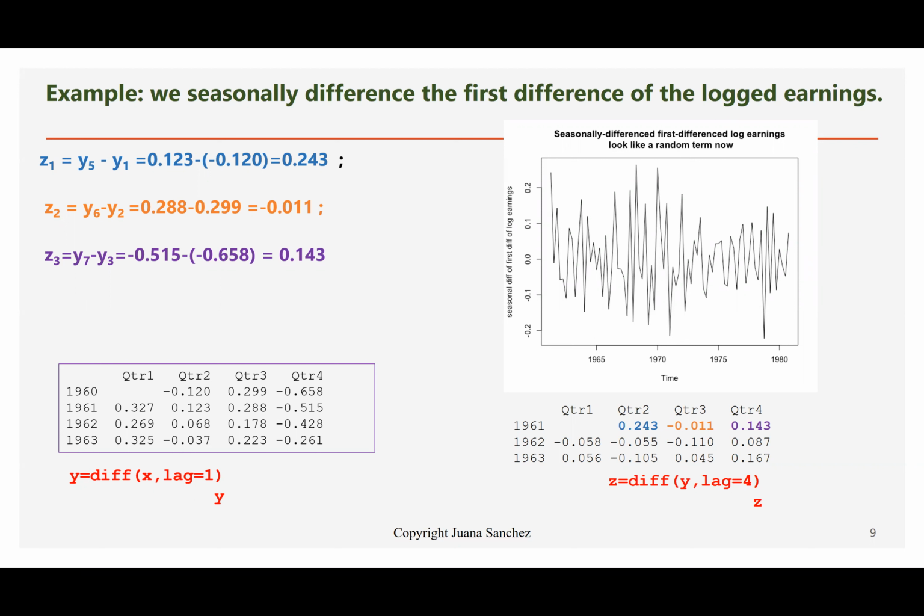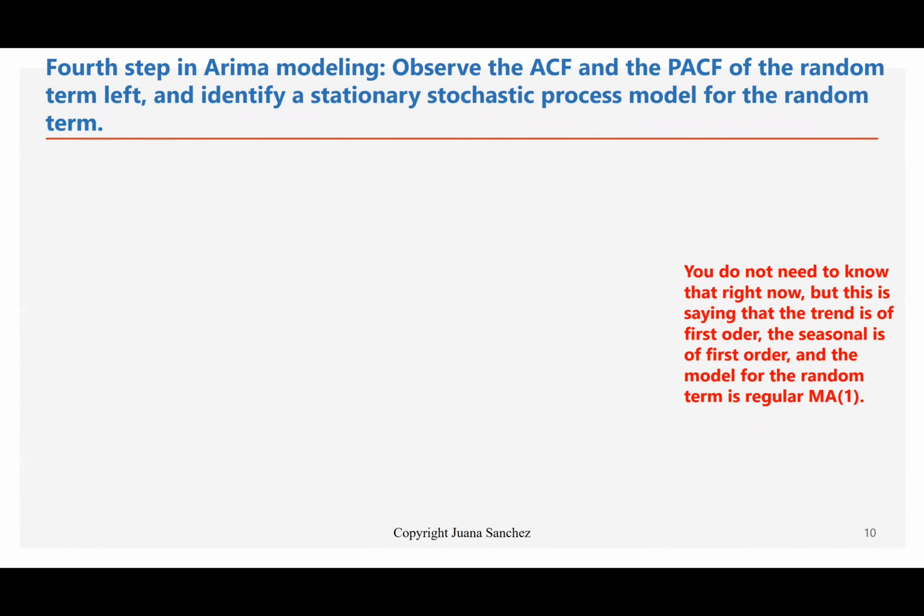Does the ACF support the conclusion we reached that the mean of the time series is constant? So that will translate into a sample autocorrelation function of a stationary model. Okay, so in the next step, the fourth step, we observe the ACF and the PACF of the random term left,